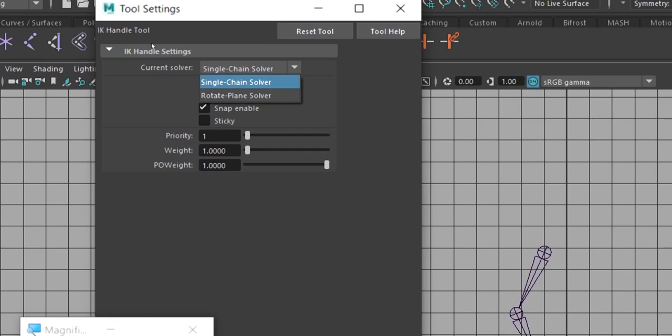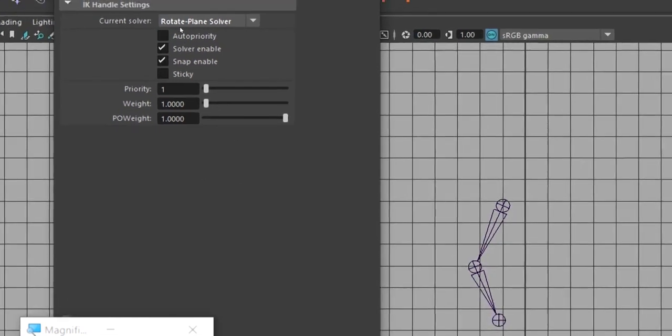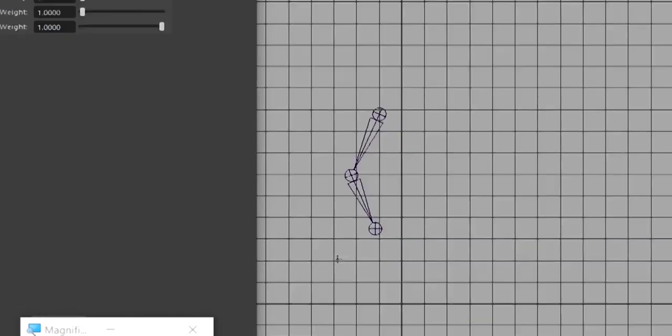So for the purpose of rotation, for the arm we need to give rotate plane solver. Wherever the IK handle is being applied, make sure you give only rotate plane solver. What is this option, sticky and auto priority, we will see in our upcoming classes. So make it rotate plane solver.